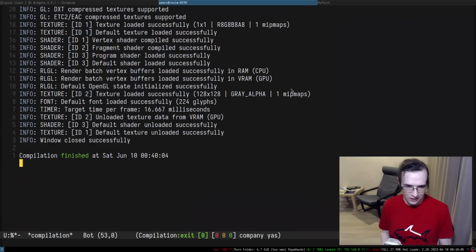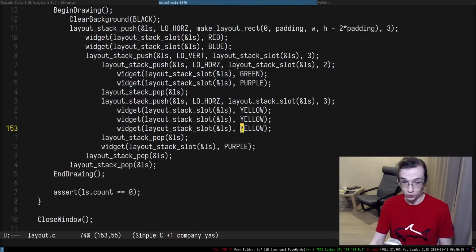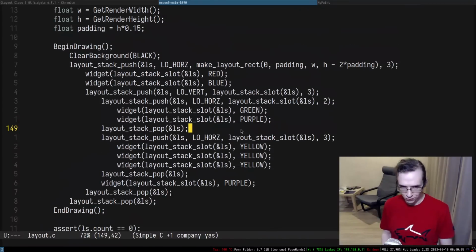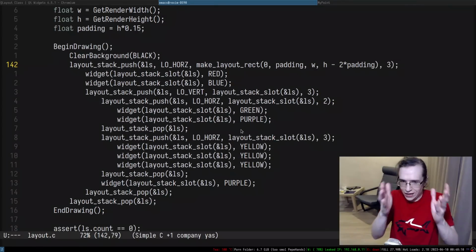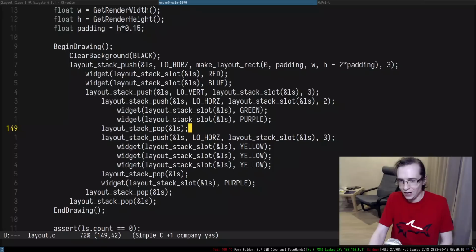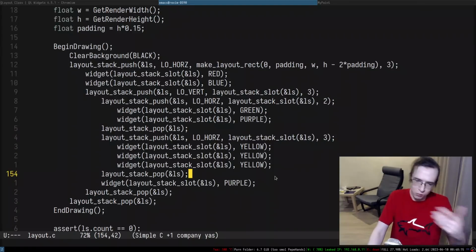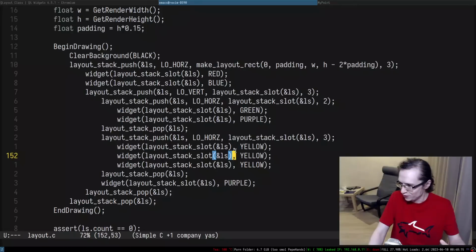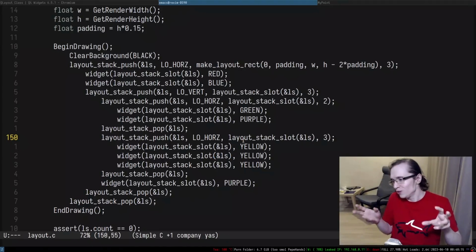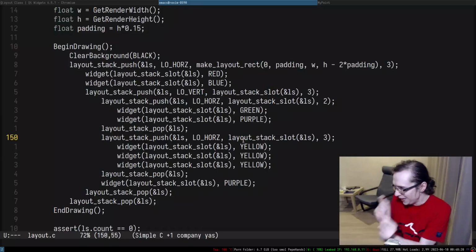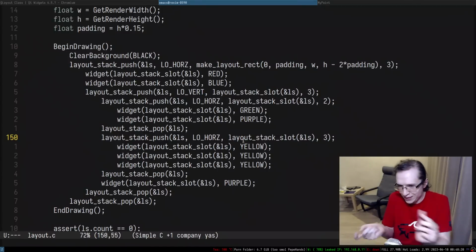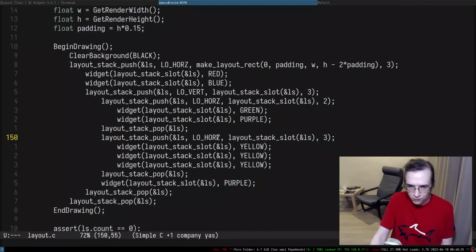And you know what's cool is that we're getting all of that complexity for free. The only thing we have to define in here is the structure of the layout, how nested they are. We just push a new thing, we just pop the thing, and so on and so forth. And we can hide all of the complexity of figuring out the paddings and margins inside of functions like layout, stack, and so on.